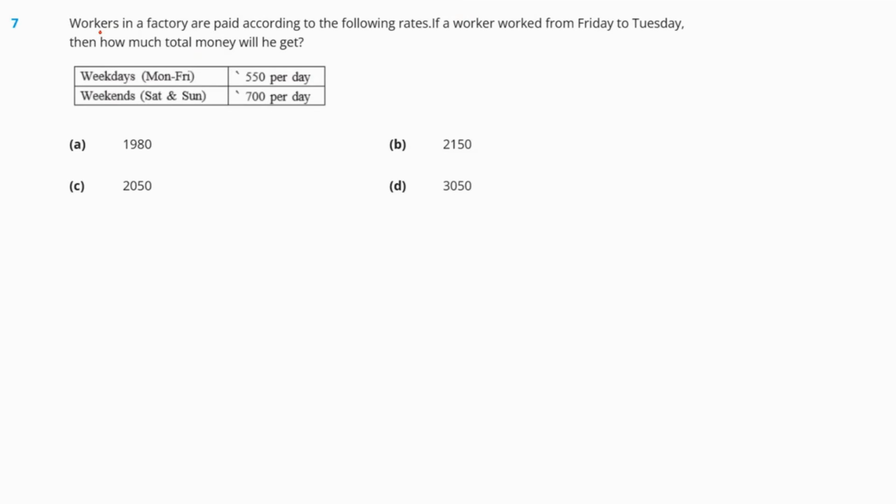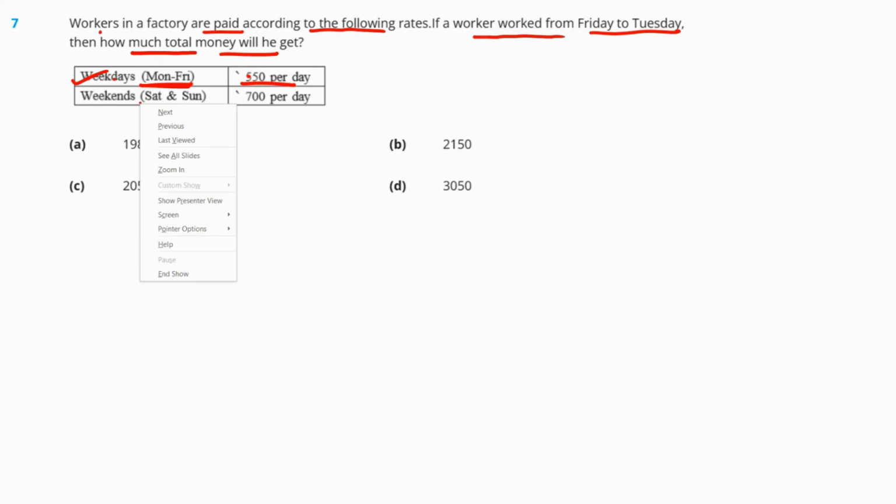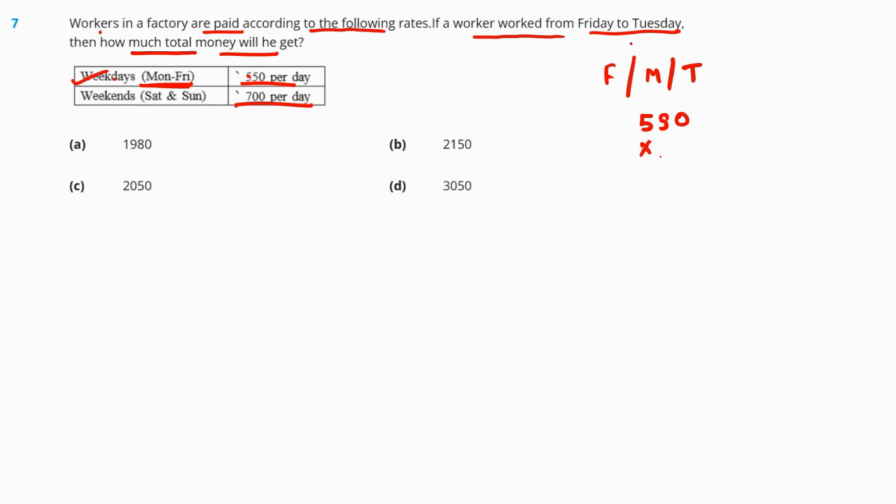Question 7 reads, workers in a factory are paid according to the following rates. If the worker worked from Friday to Tuesday, how much would he get as his total money? Weekdays are Monday to Friday. That means for weekdays they offer him 550 per day, whereas for the weekends, only on Saturdays and Sundays, they offer him 700 per day. So Friday to Tuesday, he has Friday, Monday and Tuesday, 3 weekdays. So 550 per day into 3, that would give